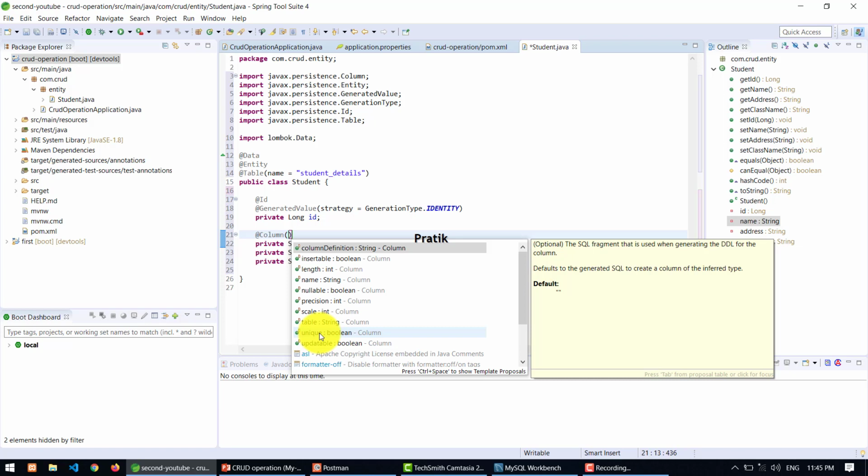Unique means it is going to be unique in the whole column. Updatable means whether it is going to be updated or not in the future. So these are all the values provided by the Column annotation.